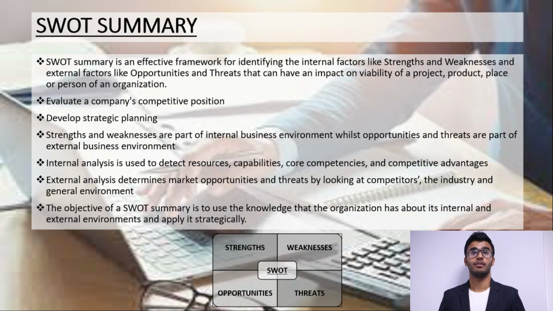Now let's start with the first theory called SWOT summary. SWOT summary is an effective framework for identifying the strengths, weaknesses, opportunities, and threats of an organization or project, and it is used to evaluate a company's competitive position and to develop strategic planning. It also evaluates the internal elements that are strengths and weaknesses and the external elements that are opportunities and threats